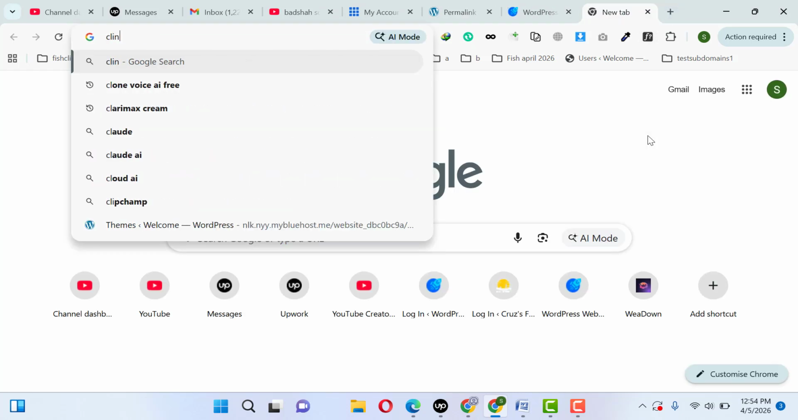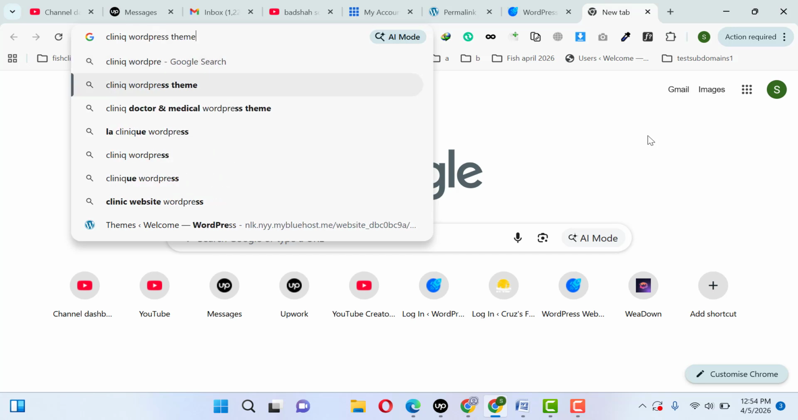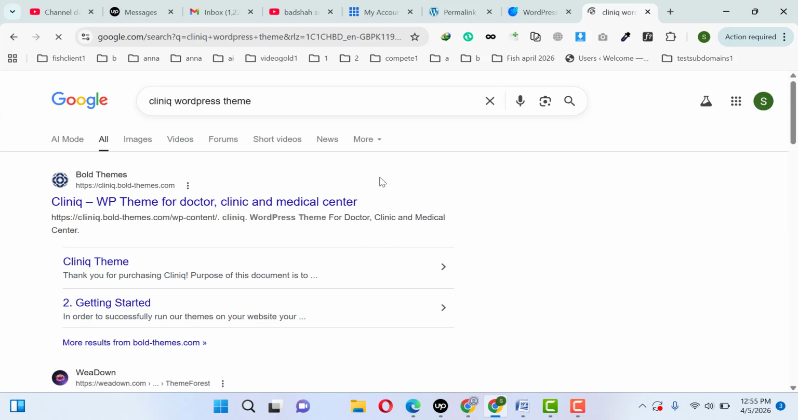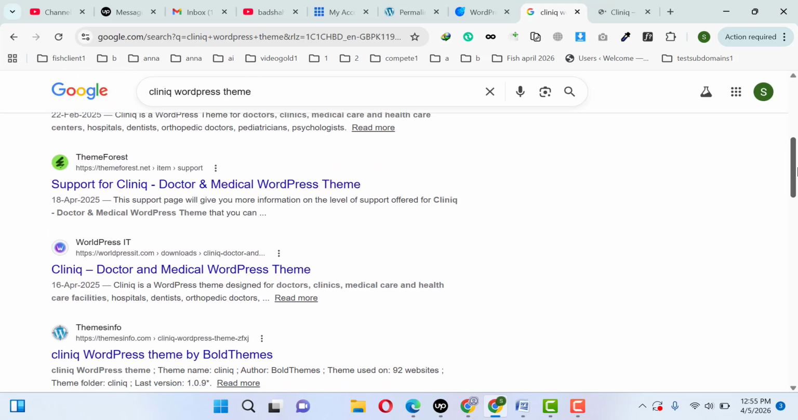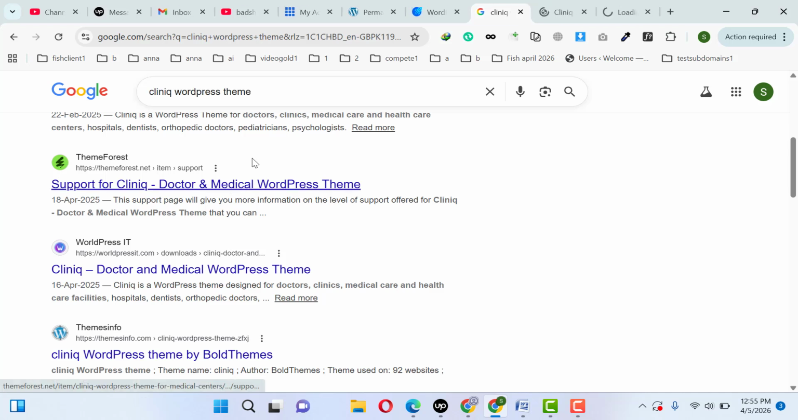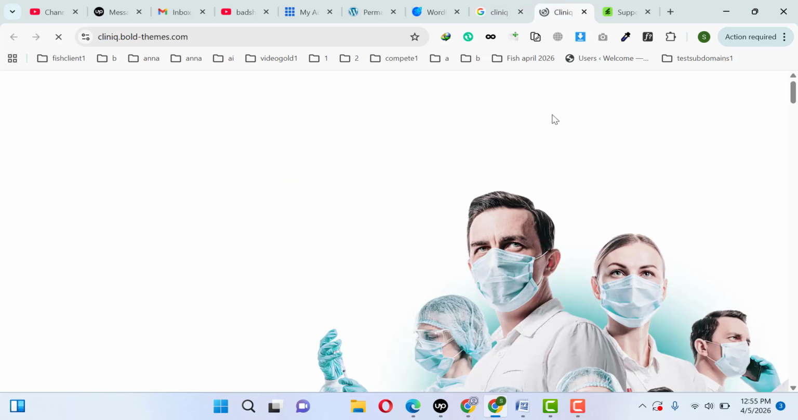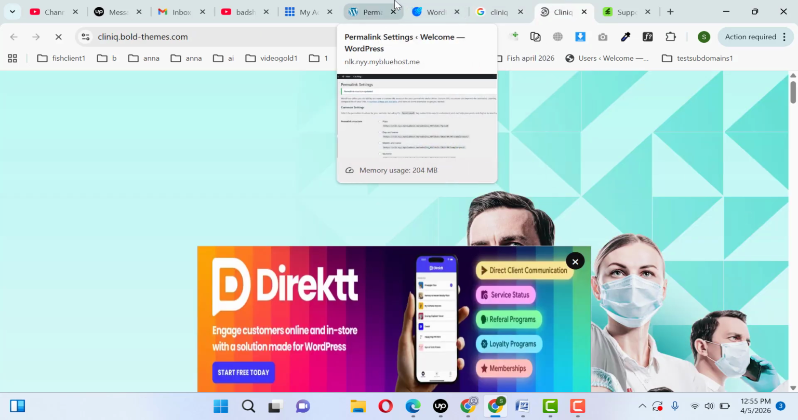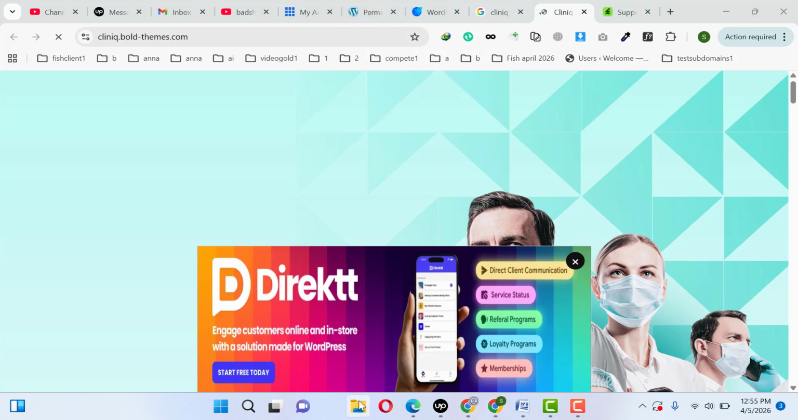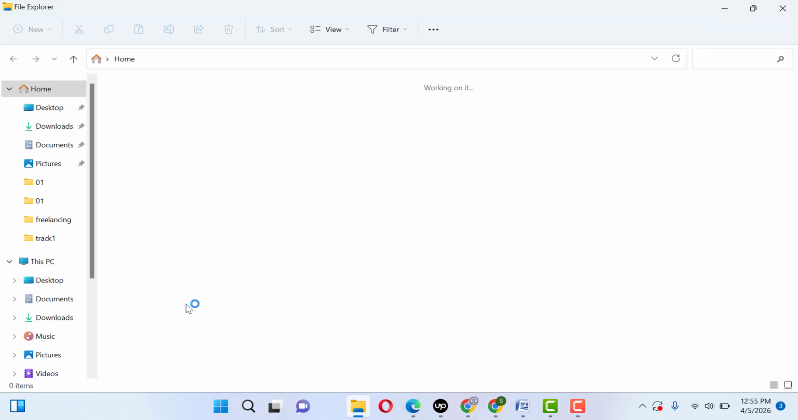So now you can get the theme from here, the Cliniq WordPress theme. This one is the official website. You can also scroll down and find this theme on themeforest.net. So after getting the WordPress theme file, let me go back to my laptop